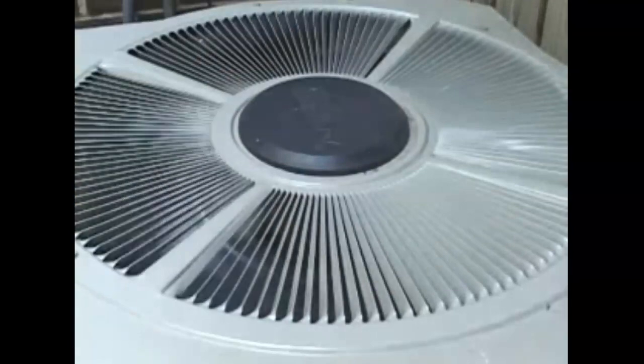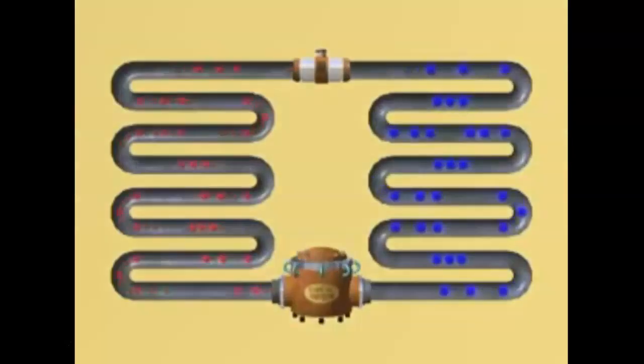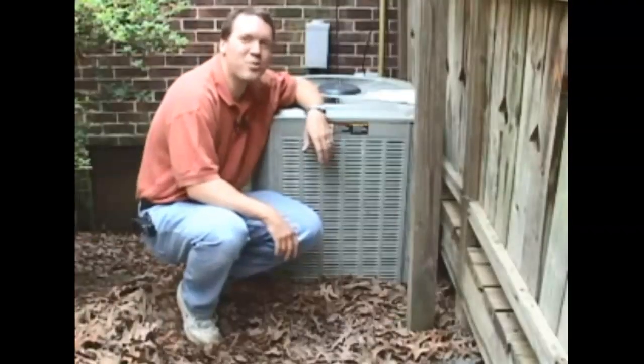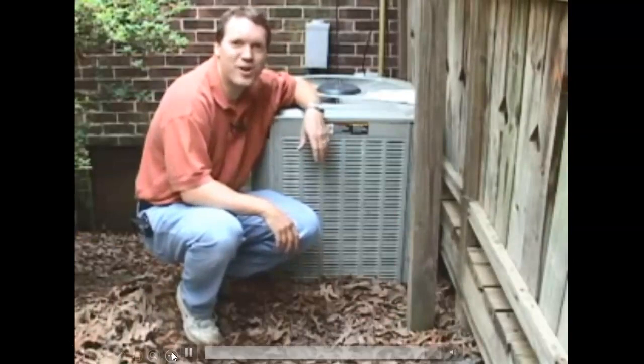The fan and the coils in the backyard let the air conditioner blow the heat off the liquid. That liquid goes back into the house to evaporate again. It's a continuous cycle with the gas turning into a liquid, turning back into a gas. Your house is getting cool the entire time. So that's how an air conditioner works. I'm Marshall Brain, and that's how stuff works.